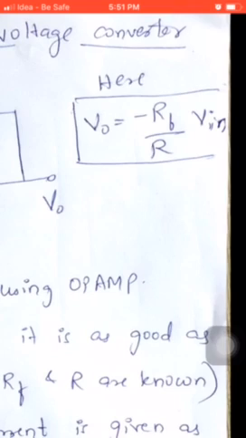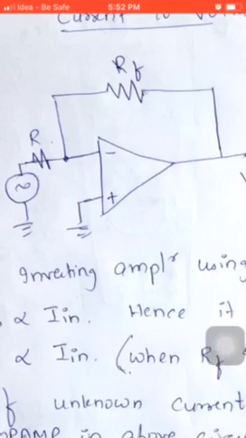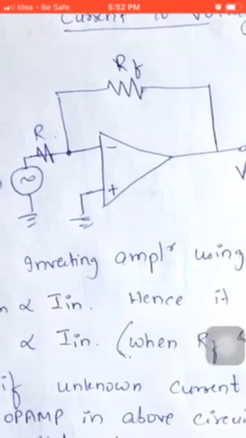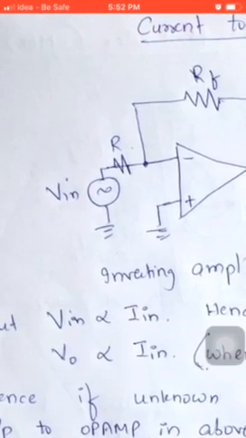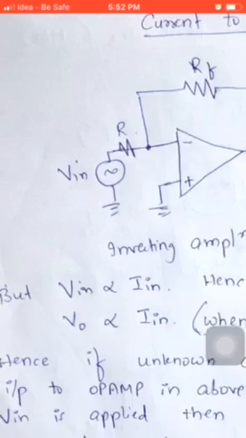Okay, so RF and R, if they are assumed to be constants, which means VO will be directly proportional to V input. Okay, now what is this negative sign? The negative sign of course signifies inversion, but as of now we are not interested in the negative sign, so I just ignore it. RF and R I assume to be constant, hence VO will be directly proportional to the input voltage. So in this diagram, the generated output voltage will be directly proportional to the applied input voltage. Okay, so that is what I've written here.